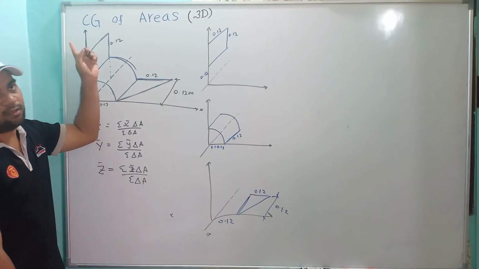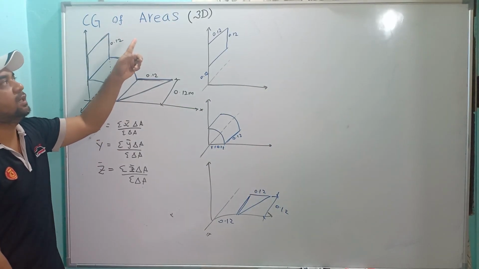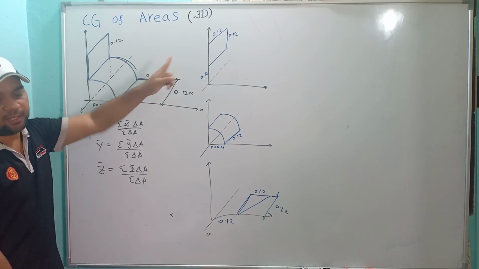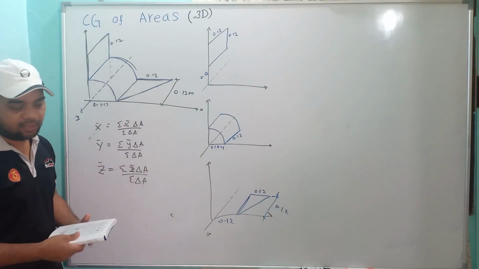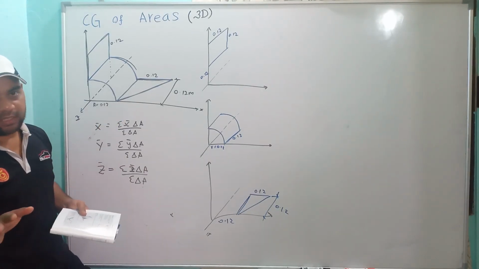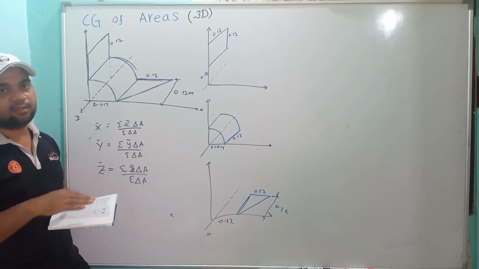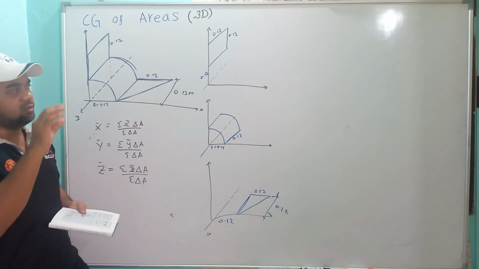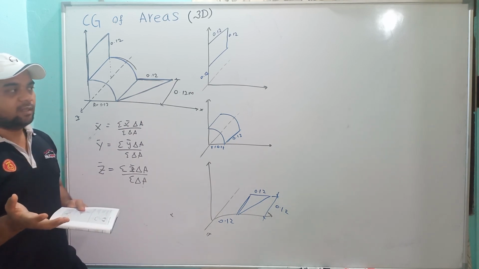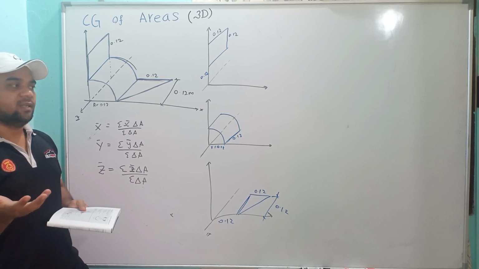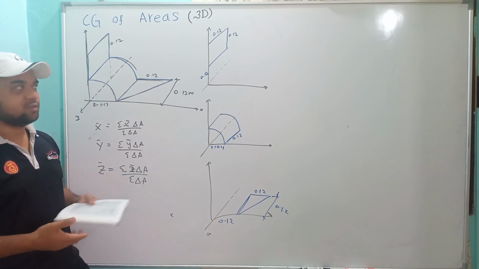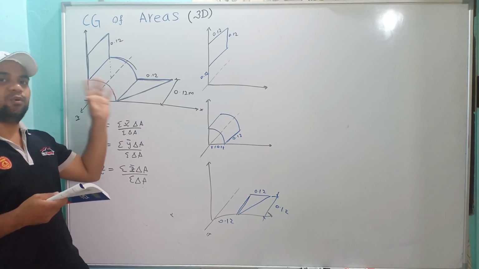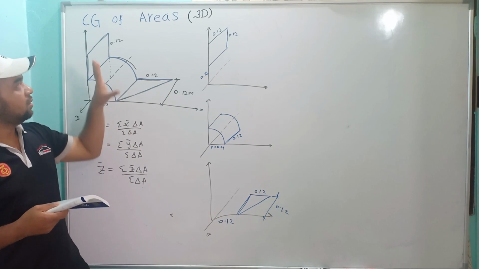Our example is still for centroid and center of gravity of common and composite areas, but this time we will focus on the 3 dimension. We are still in areas, which is a situation where we have a thin sheet component, meaning that the thickness is too small, so that we cannot calculate the value of volume. So we still continue with the areas, but that component is put on the 3 dimensions.